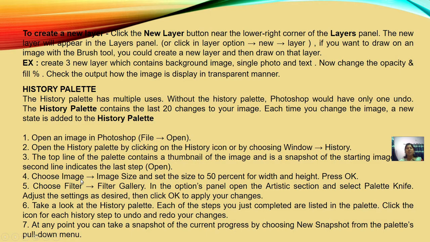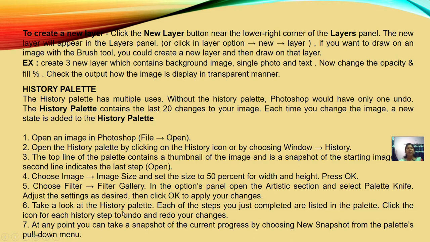Then choose Image Size and set the size to 50% for width and height, and press OK. Choose Filter Gallery, and in the options panel, open the Artistic section and select Palette Knife. Adjust the settings as desired, then click OK to apply your changes.